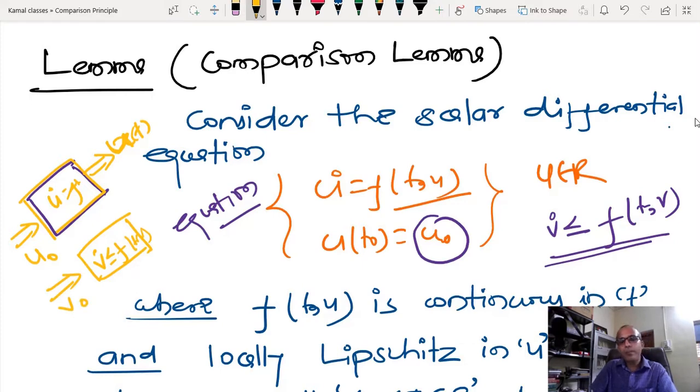So how are we going to select the initial condition? I select the initial condition v0 to be less than u0. Then it is possible to show that whatever future trajectory is generated is less than this one, provided that the derivative I have taken here, the upper right-hand derivative defined in terms of the limit supremum, is used. If it is differentiable, then it is exactly equal to the classical derivative.